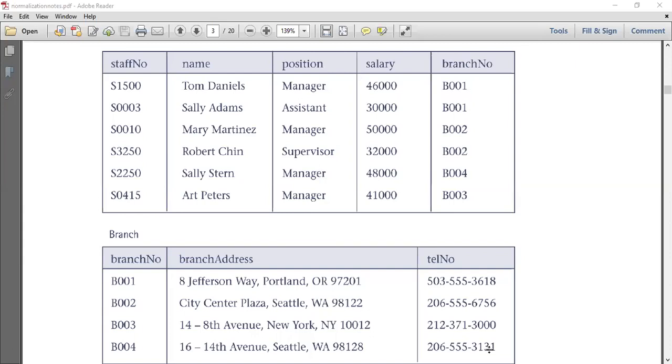Next, coming to guideline 3. What is guideline 3? It is related to null values in tuples. Guideline 3 says relations should be designed such that,